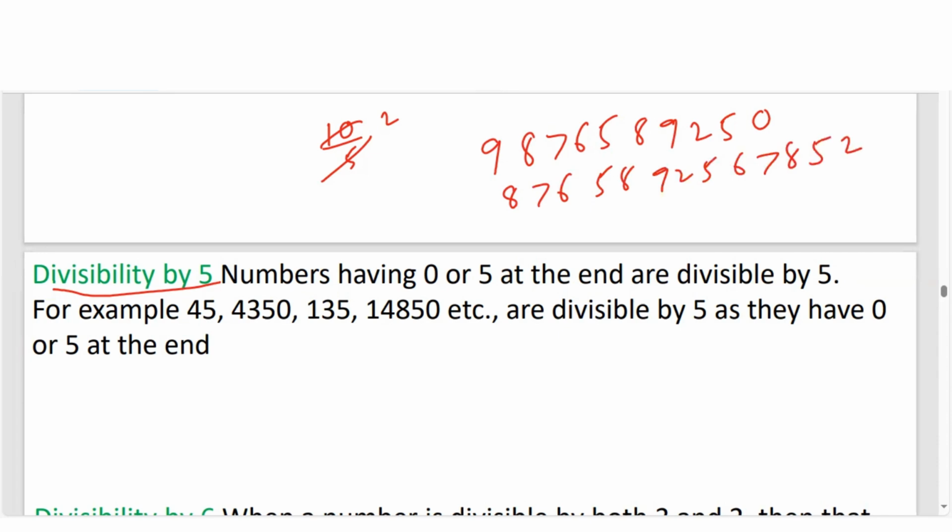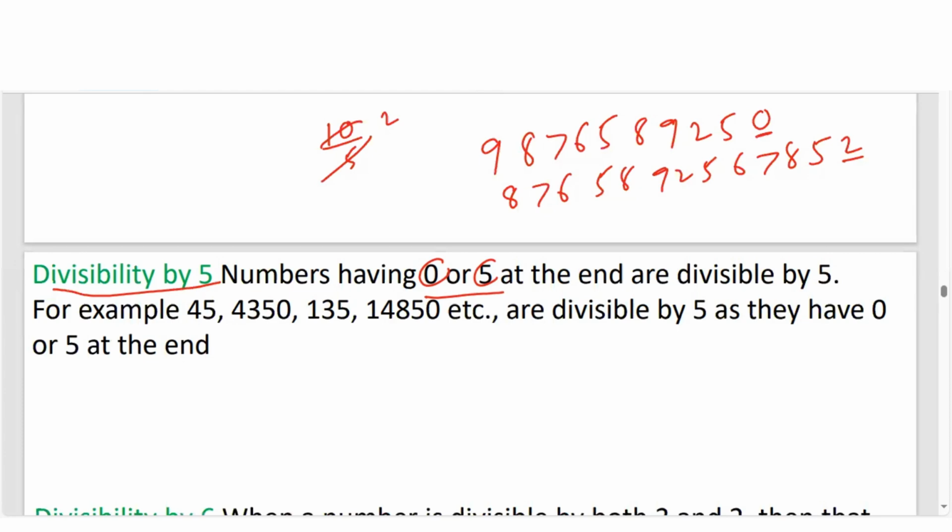or 8765892567852. This number is given. You want to check whether this number is divisible by 5. So no need to divide. Just the technique and logic is what? Just focus on the unit digit. If the unit digit is 0 or 5, that means that number is divisible by 5. If the unit digit is not 0, not 5, any other digit, that number is not divisible by